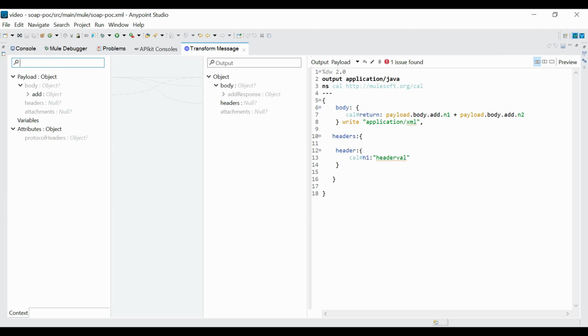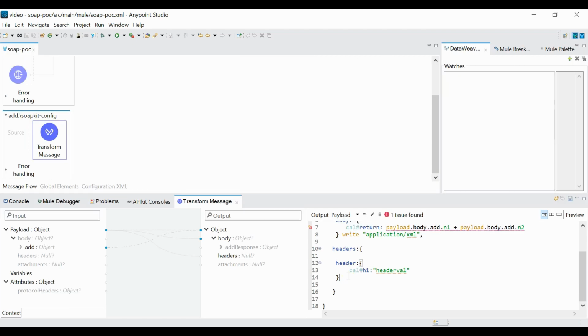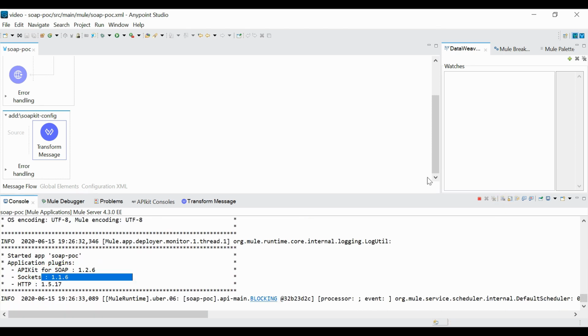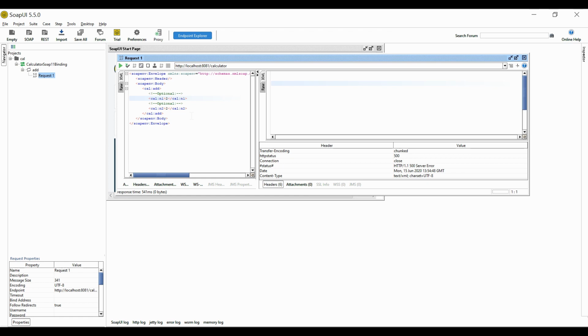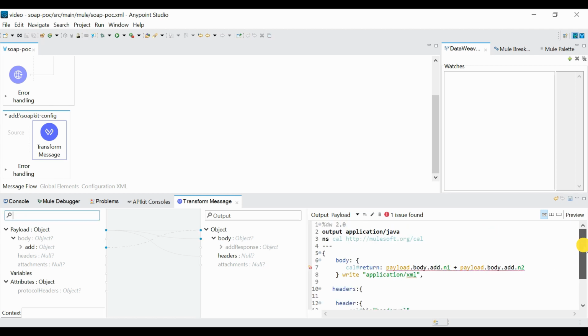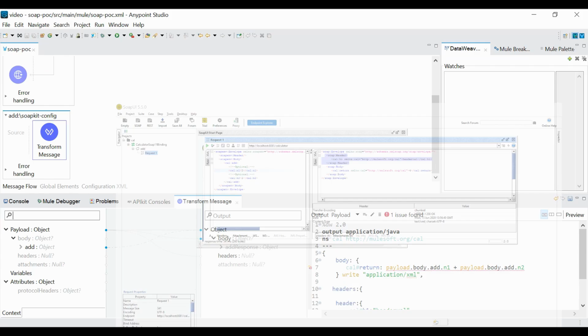Okay, so here if you will see we are not converting that to XML. So let me just put that, and let me just hit this. Here you can see we got the header with the body. Okay, so if you want to return any customized header in your response, you can just set it in the same way as we did here. You can ignore this error, anyhow we are getting the success response. This is just a UI error.